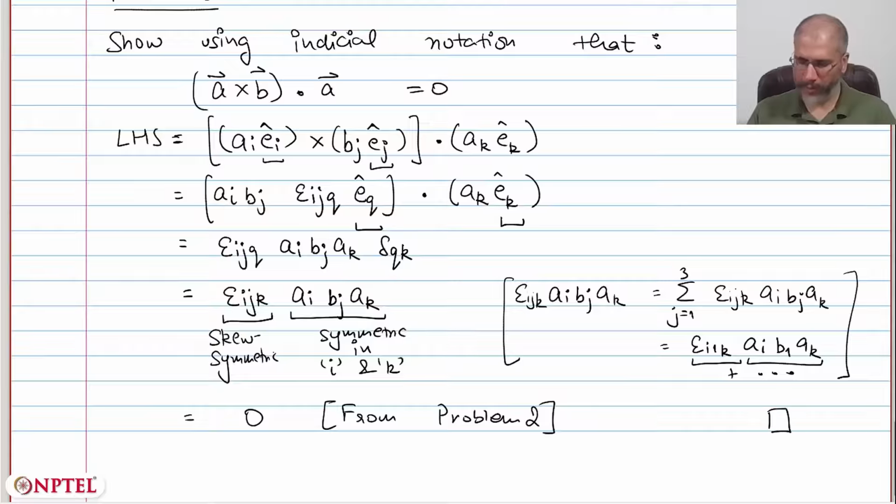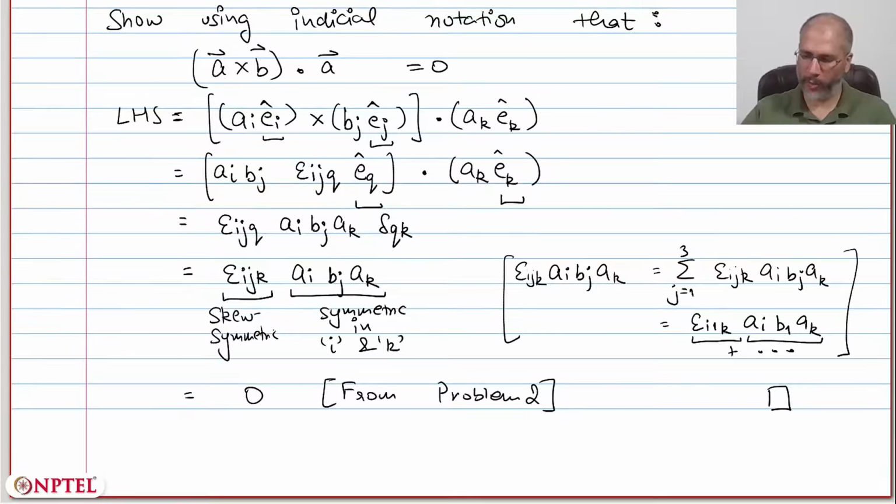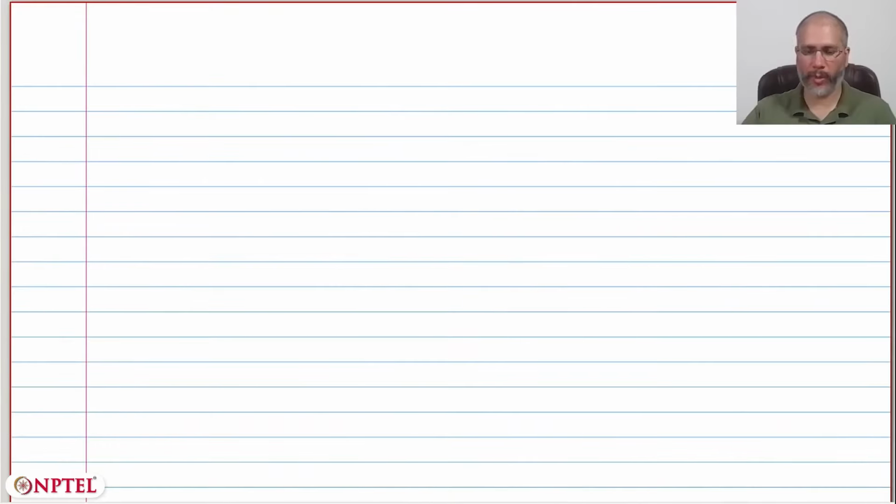So that completes the proof, where we had to show that (A cross B) dotted with A is 0. So we have got a 0 on the right hand side. So let's move on to the next problem. So problem 4 says